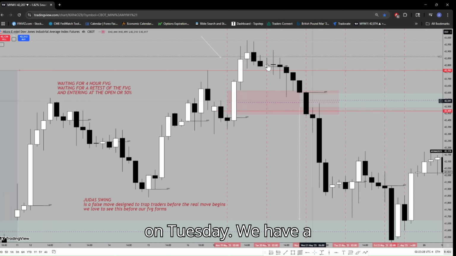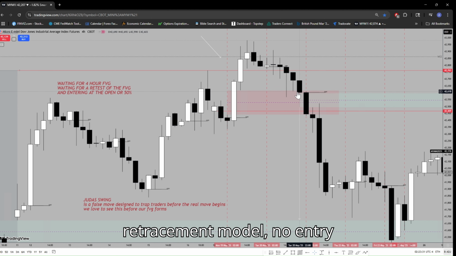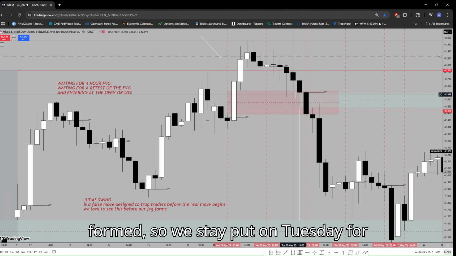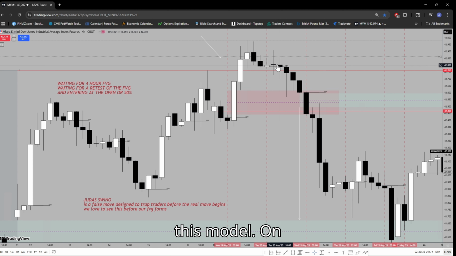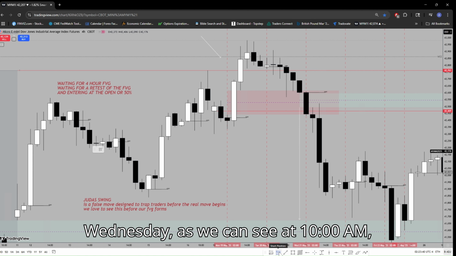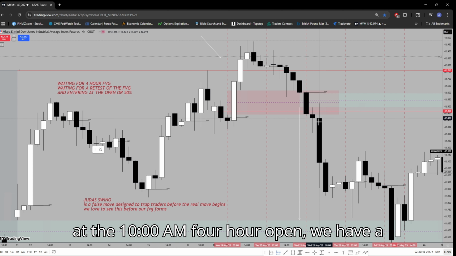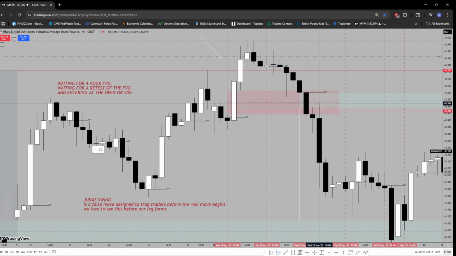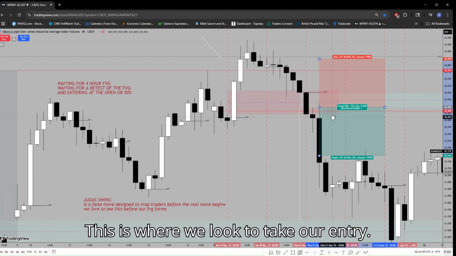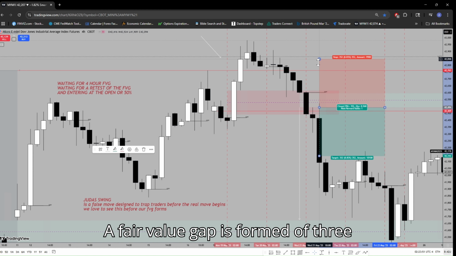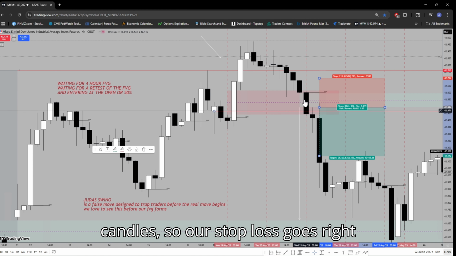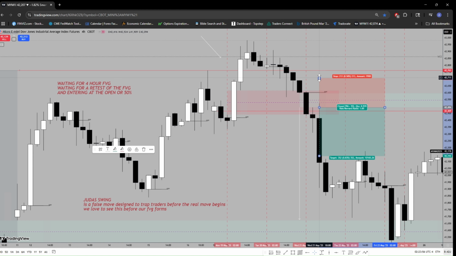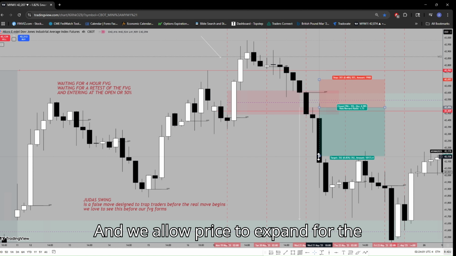On Tuesday, we have a retracement model. No entry formed, so we stayed put on Tuesday for this model. On Wednesday, as we can see at the 10 a.m. 4-hour open, we have a Judas swing into our fair value gap. This is where we look to take our entry. A fair value gap is formed of 3 candles, so our stop loss goes right above the high. And we allow price to expand for the week,